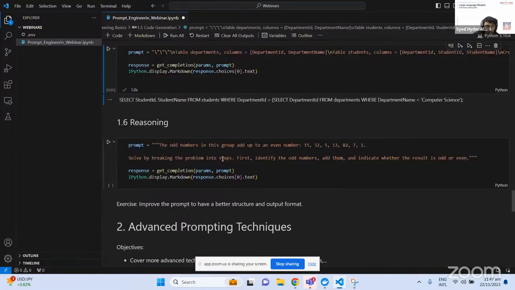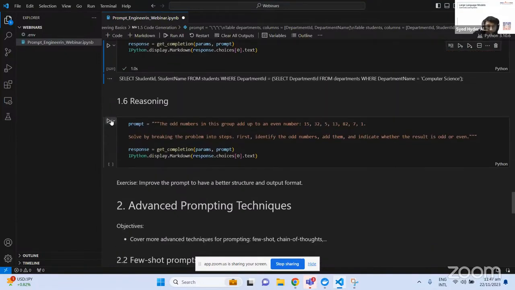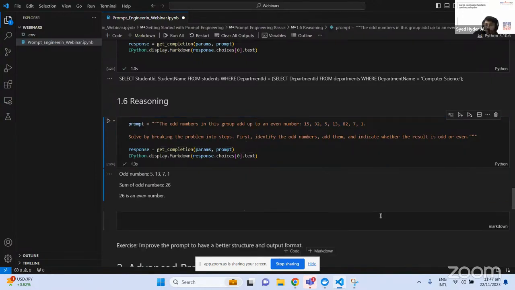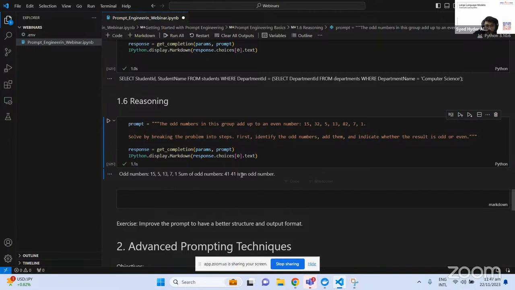And in the reasoning, if you see the same examples we are giving it, and then we are asking it to solve the problem in steps: first identify the odd numbers, and then indicate whether the result is odd. Right now it has not got the exact answer every time, but most of the time it got it.